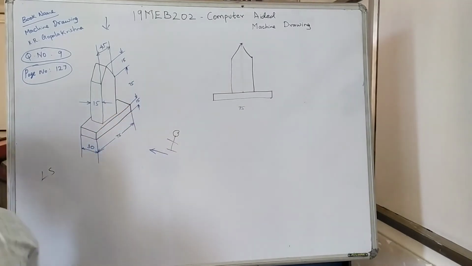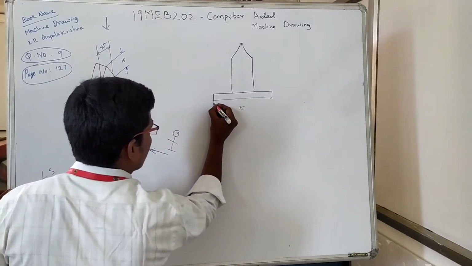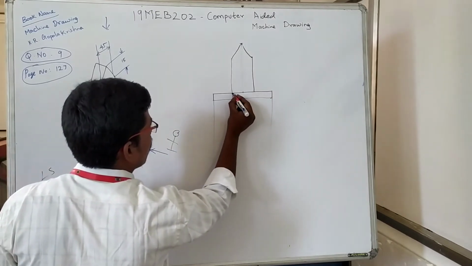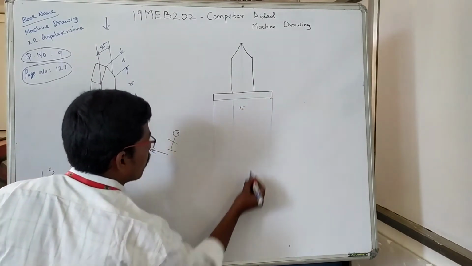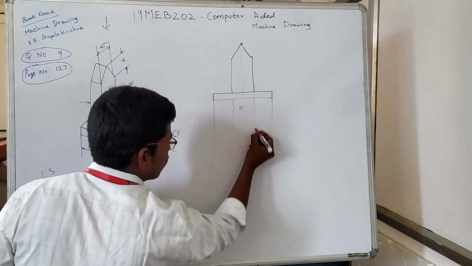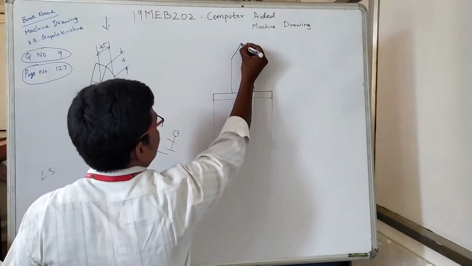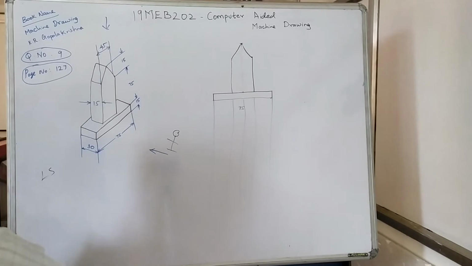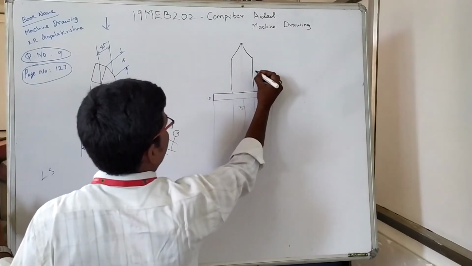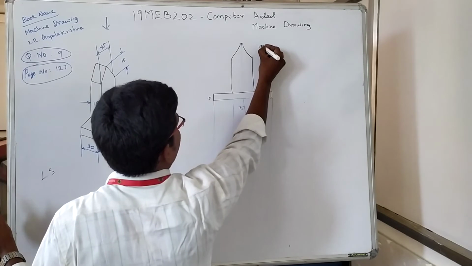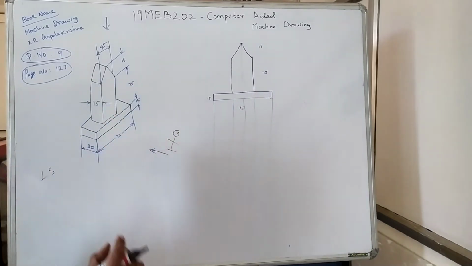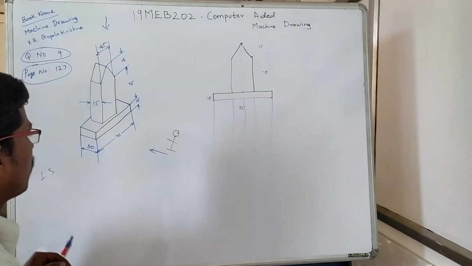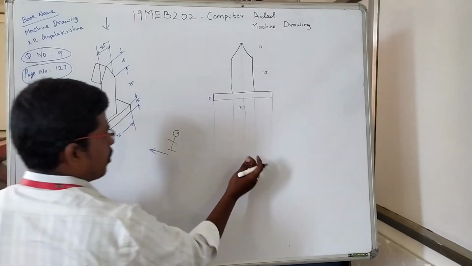So taking the references of the front view, I am making a line, again, this line and as well as this point. This is 15 millimeter, this is 75 millimeter, and this is 15 millimeter. Okay, just for the reference, but you have to draw these dimensions as per the BIS codes. Okay, now I am going to draw the top view.